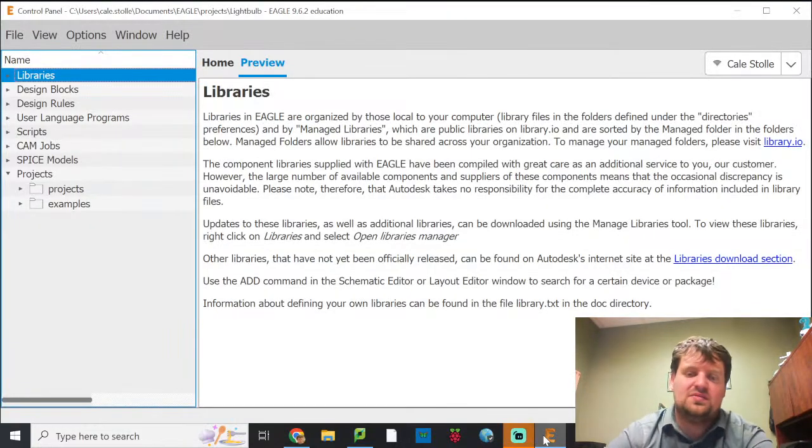Hello. This video is going to cover some basic information on Autodesk Eagle. Now, Autodesk Eagle is a program that is used to create circuit board schematics, convert those into board layouts, and then take those board layouts and convert them to Gerber files, which can then be processed as CAM files, basically